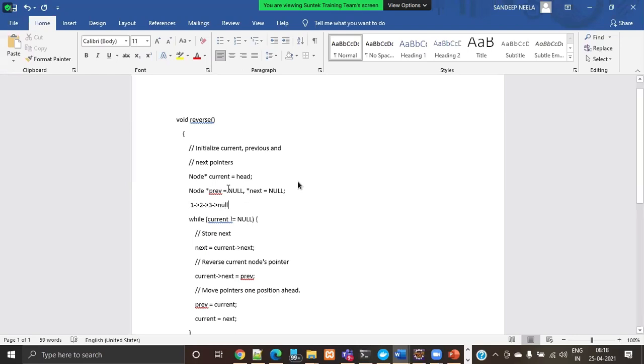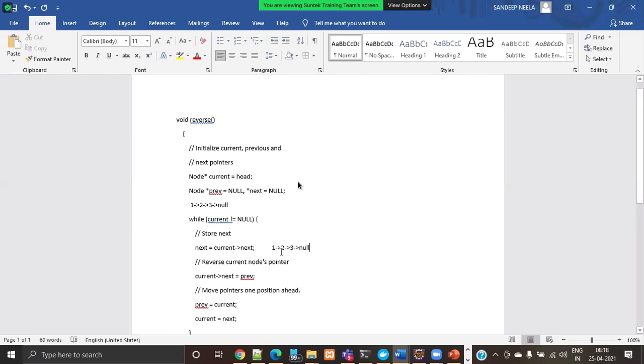So as of now, current equals 1, next equals 2. What we are doing after entering this loop, in the first iteration: 1 is pointing to 2 only, 2 is pointing to 3 only, 3 is pointing to null only.